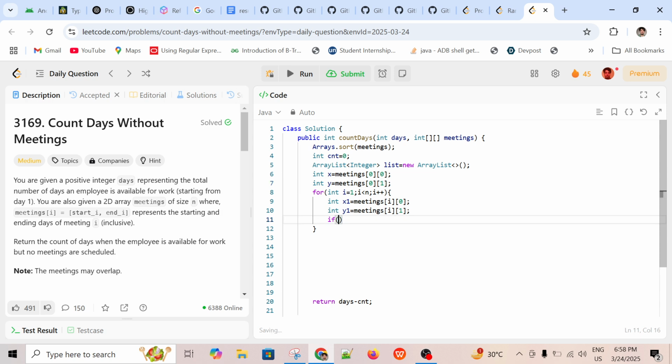So I will check if y is less than x1, that means that these are not merging intervals. So in this case, what you have to do is add it as new. Sorry, I have made an insert of x and y. So I will insert x and y, and then anything left, I guess. No, I will see. Then